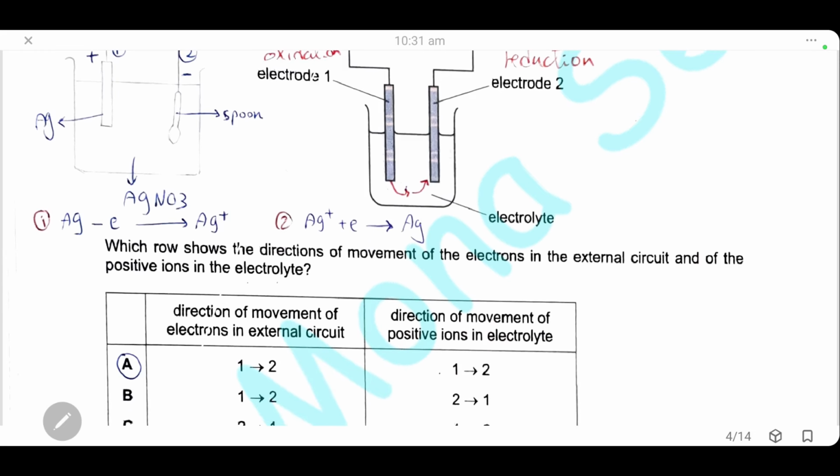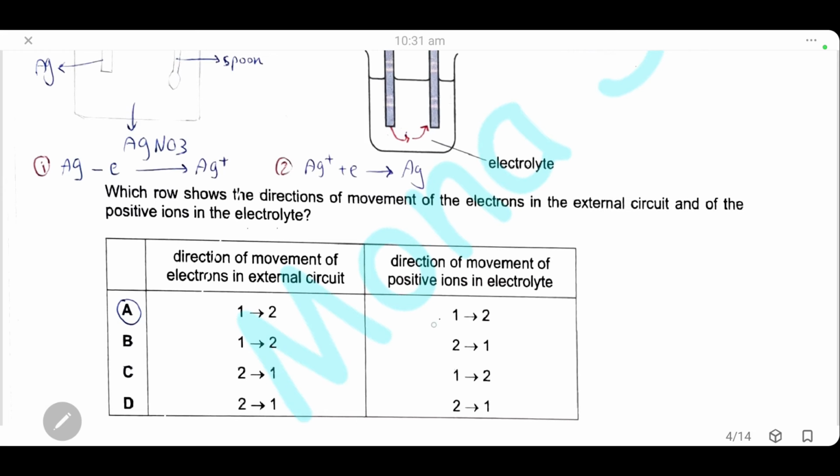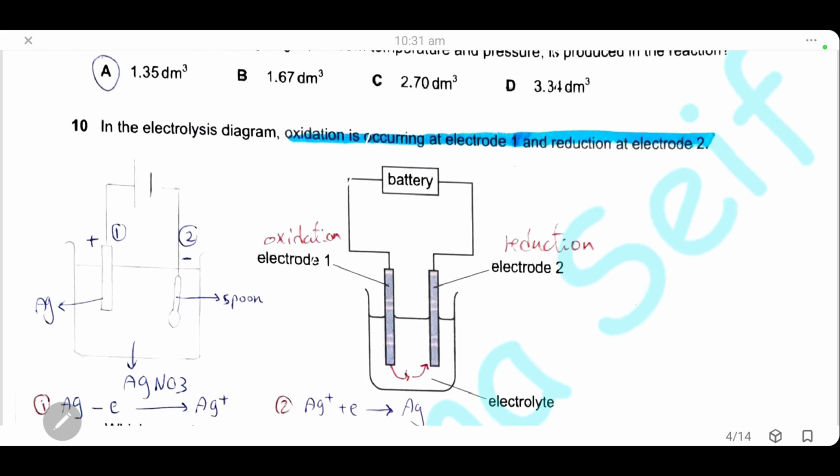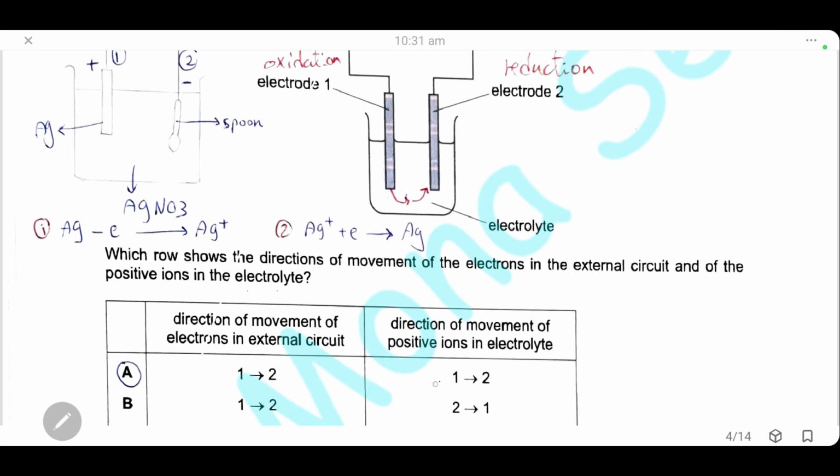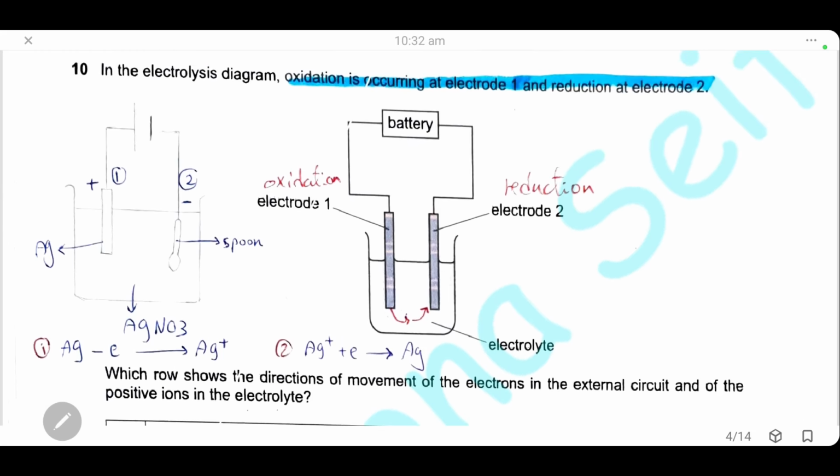The positive ions move from the electrolyte, as we can see, from one electrode to another. So we have two pieces of information. Here we have reduction on electrode 2 and oxidation in electrode 1. Number 2, we have movement of ions from one electrode to another. So that means these electrodes are not inert. That means the ions will move from the electrode in which we have oxidation to the one